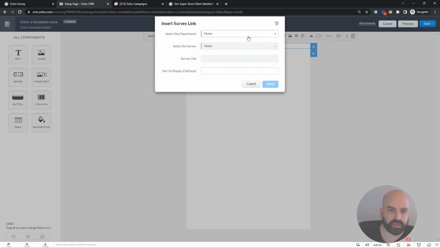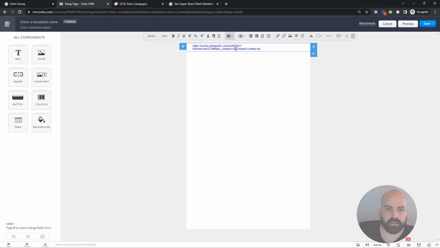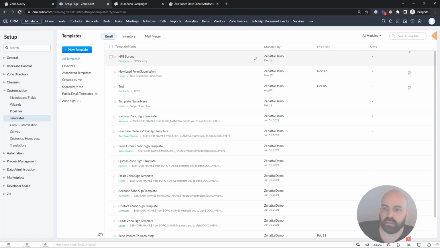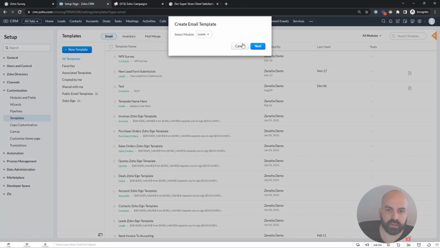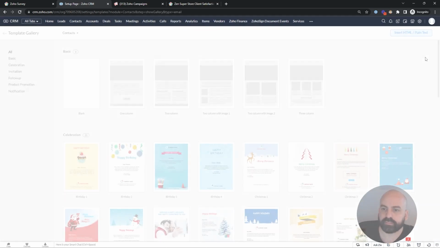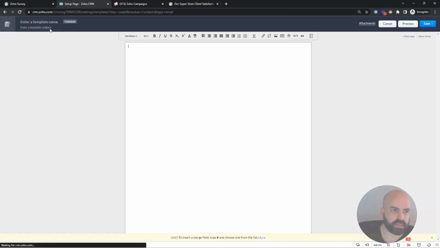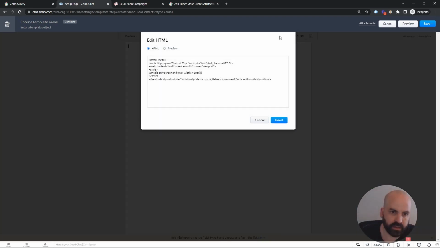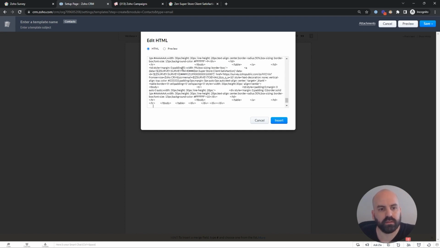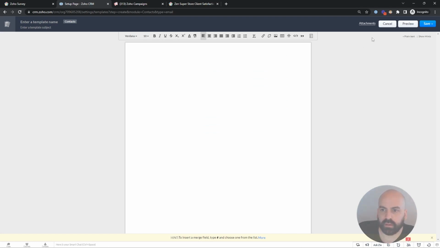You can embed the survey, the Zen Superstore client satisfaction survey, and you can turn this into a link or a button, but it's not going to display the question. Now, if I cancel and create a new template, we're going to insert this as plain text. If I use the HTML editor here, I can now, under style, drop in